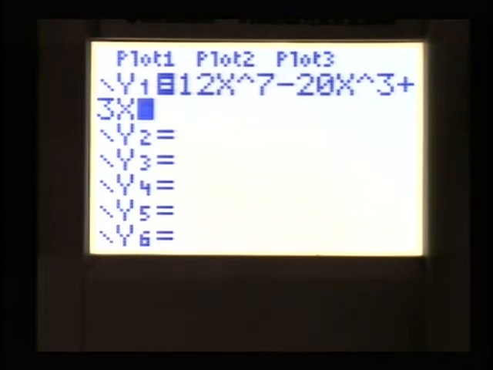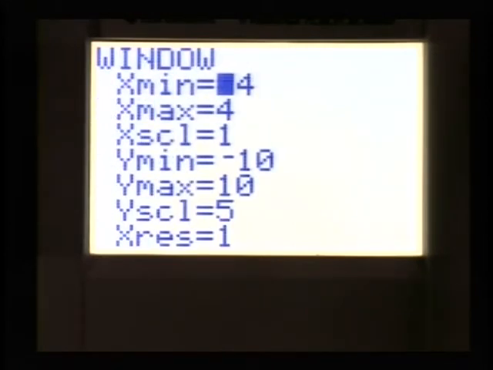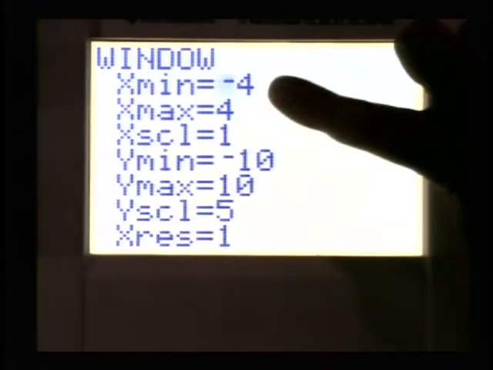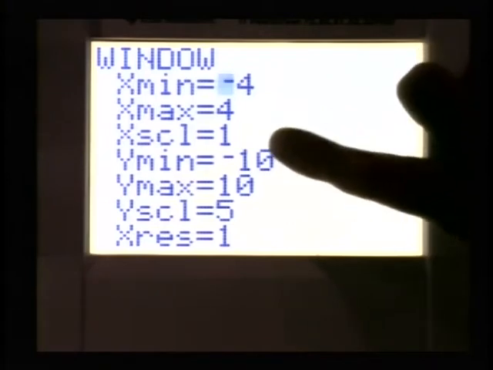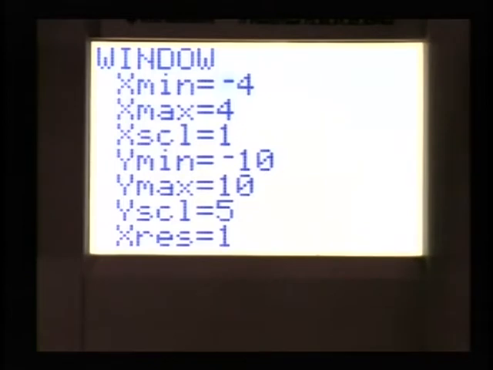We set a viewing window, just like pointing a camera. So we go to our window key, which is one of the top keys on your calculator right below the screen. At this point, you're going to make an educated guess about what to set for the left side, x minimum, and the right side, and the tick marks on your x-axis, and similarly on y. So why don't I go